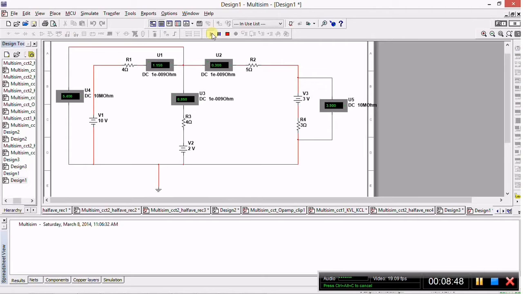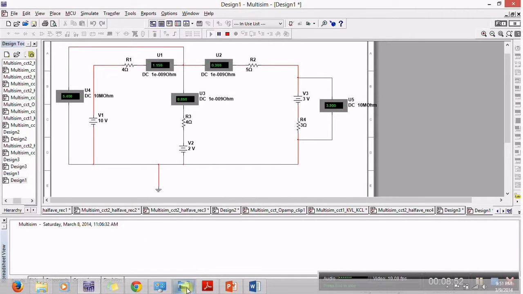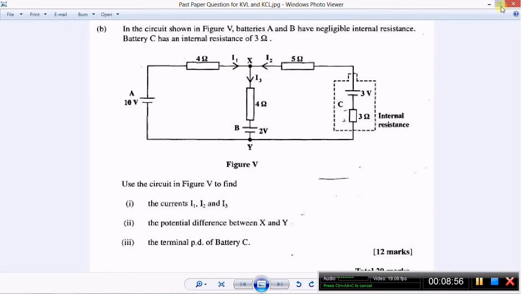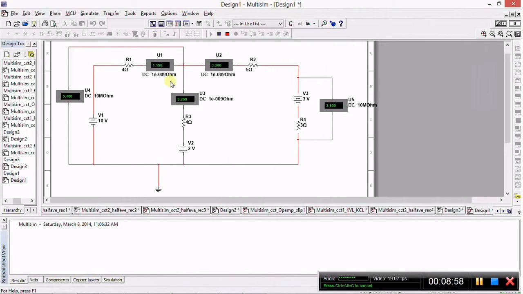So there you have it. This is the final circuit simulated in Multisim. Now let's return to the question to find what they wanted. So we see I1, I2 and I3 here. So now we have I1 is 1.15, I2 is 0.3 and this is a perfect instance to demonstrate Kirchhoff's current